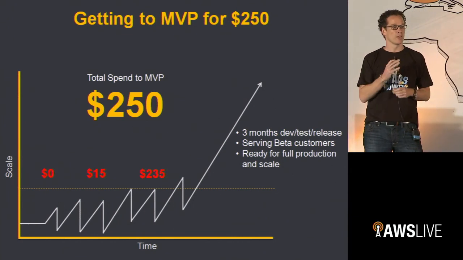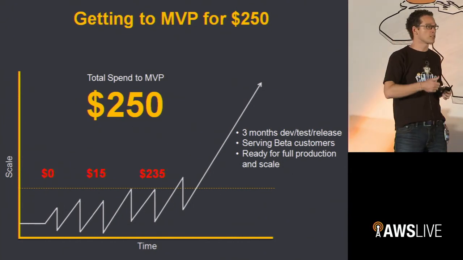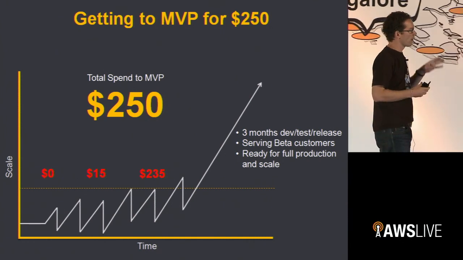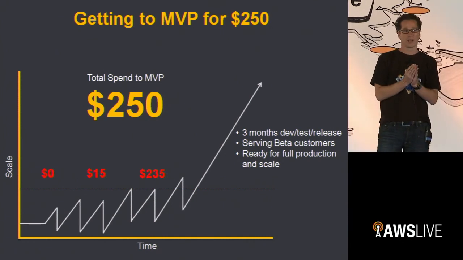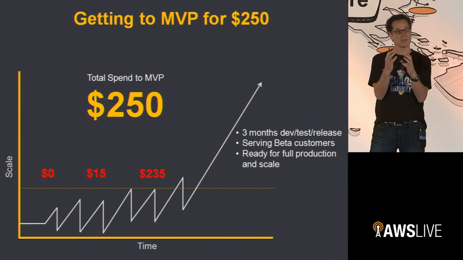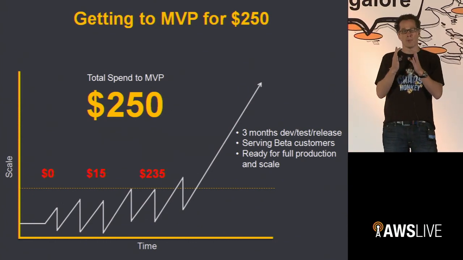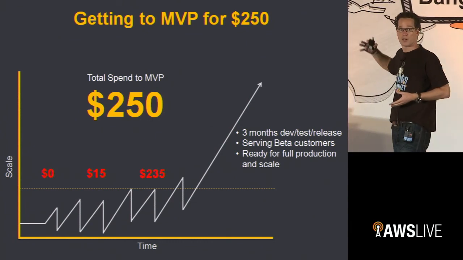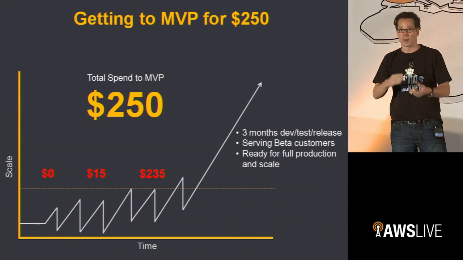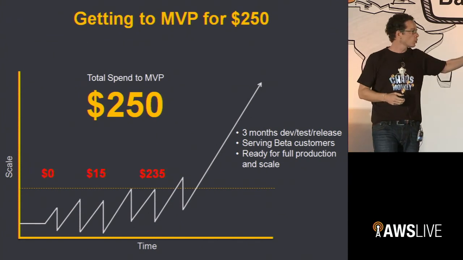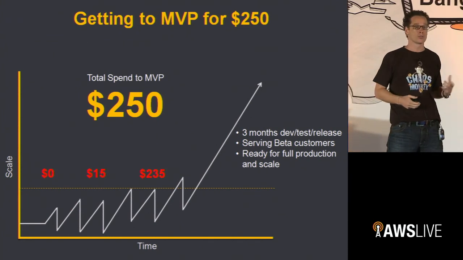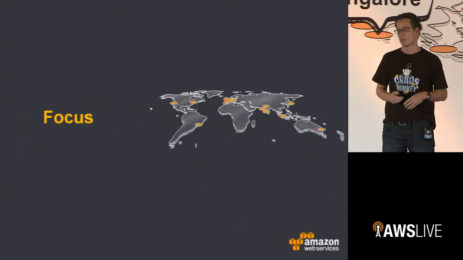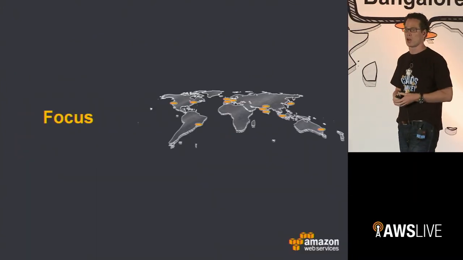Basically means that in 3 months, where you've done your dev, you've done your test, you've done your release, you've served beta customers, and you've actually got an architecture up and running that is still very small, but contains all the building blocks for something that can still scale seamlessly towards a larger production environment. It has your load balancer in there, it has auto-scaling set up and so on. $250 is all it costs you to do that on AWS. No physical boxes whatsoever. So that's really powerful, lowering that cost.